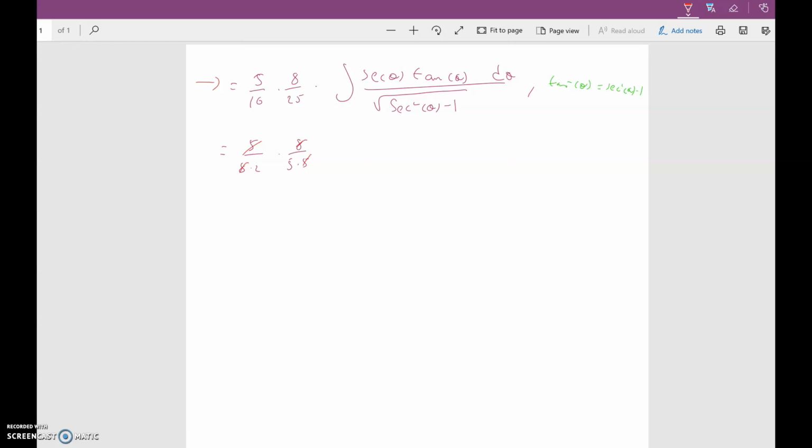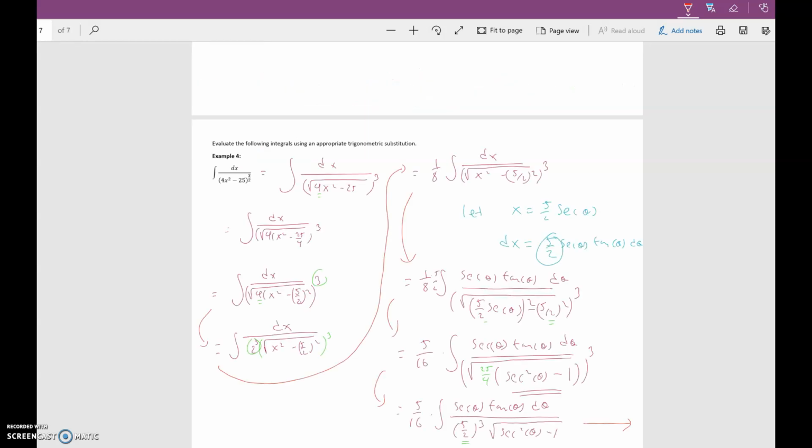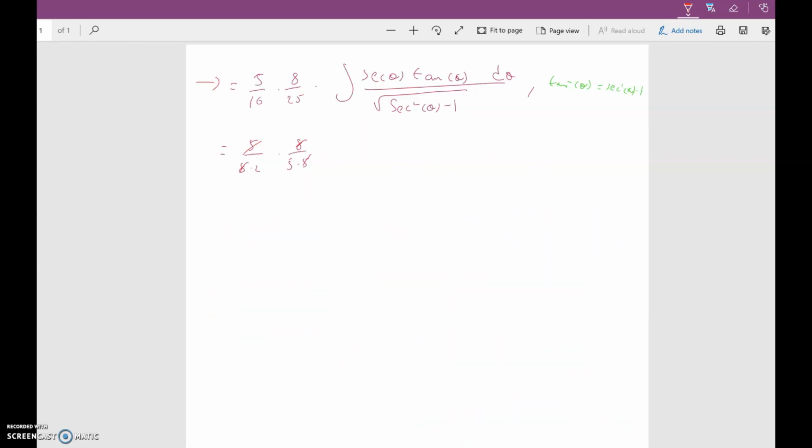Let me see. No, it was a 5 to the third. So this is times 5. So that's going to give us 50. So I'll do it on the next step. So this is going to be 1 over 50 integral,